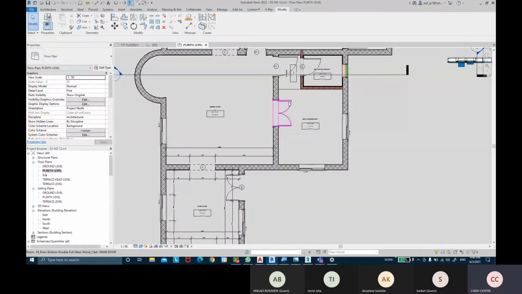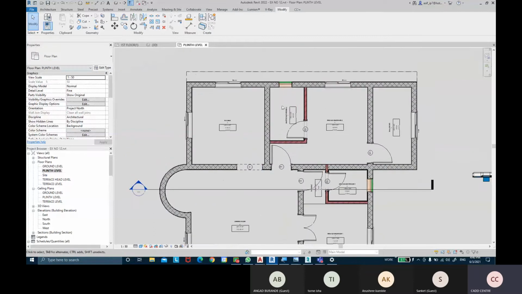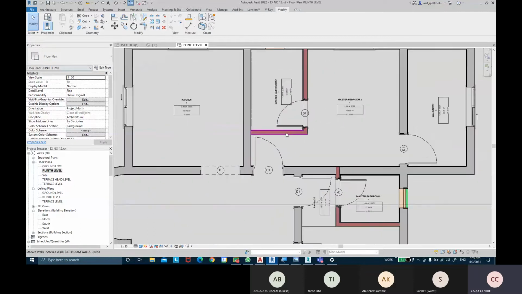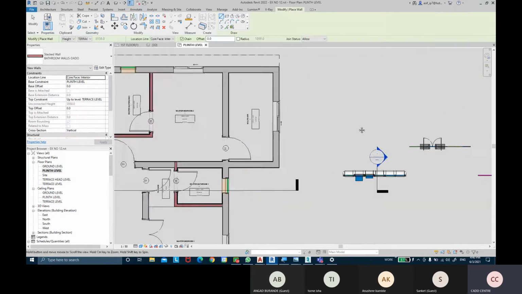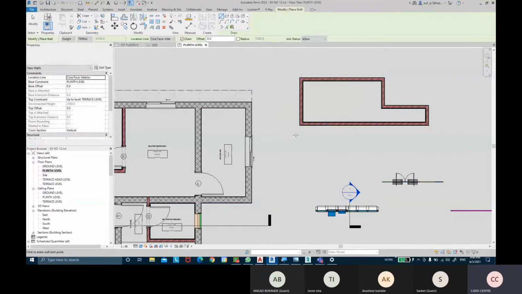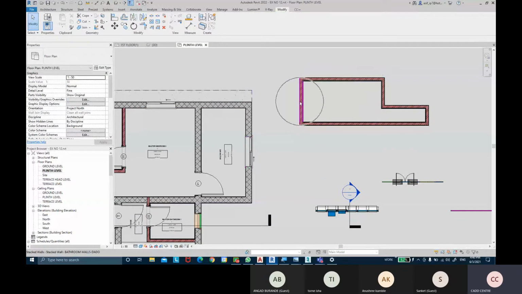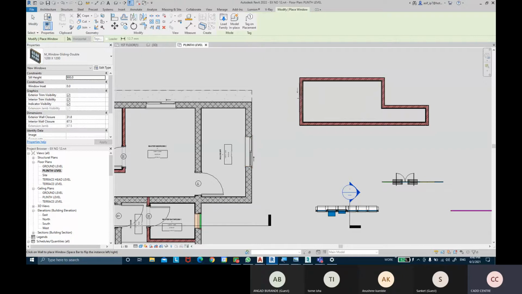So any object that you want to recreate again, for example, if I want to create a similar wall, I'll select that wall first and then take the command called create similar, and now I can create a similar wall wherever you want it. Maybe I want to create a similar window right over here on this wall. So you can select that window, use the create similar command and drop it over there.